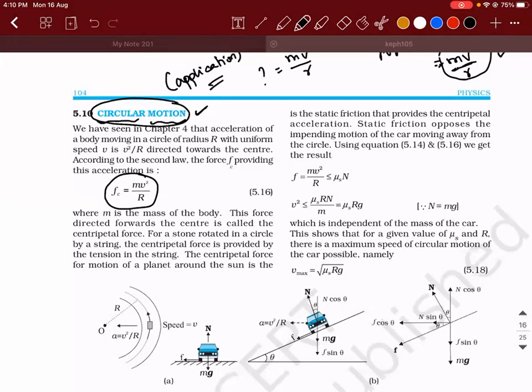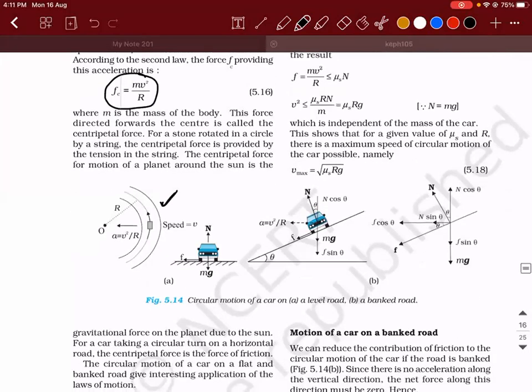But here the concept that we are going to discuss is about the circular motion of a car on a rough surface. If you have a round track, when you see from the top view, and a car is trying to take a turn near the bend, then the car will start experiencing a centripetal force because it is in circular motion. It is not possible for any object to be in circular motion without having centripetal force acting on it. This is a point which should be strongly registered in your mind. It should not come out.